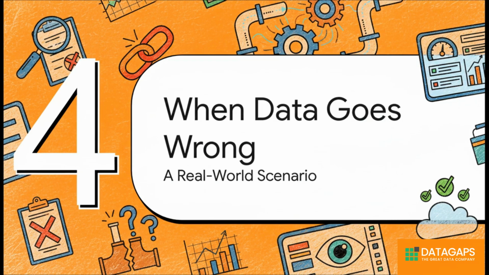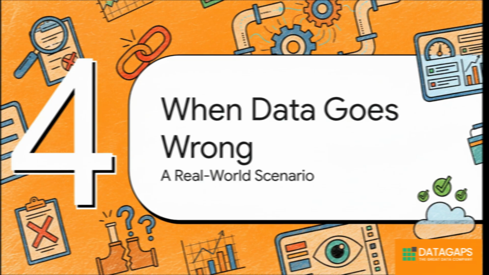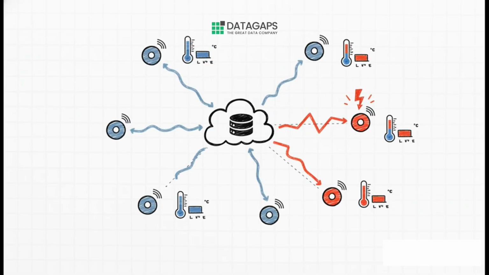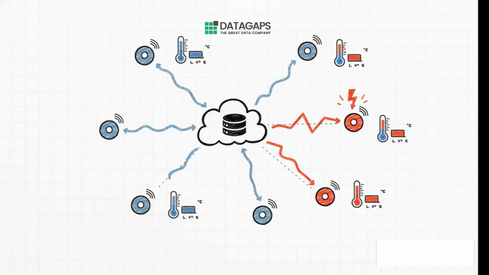All right, theory is great, but let's see how this all plays out in the real world. Let's imagine a scenario where a data pipeline actually breaks and things start to go sideways. So picture this. You've got this whole network of sensors sending you super important temperature data. Everything is supposed to be in Celsius, but then, one day, a sensor gets misconfigured, and it starts spitting out all its data in Fahrenheit instead. It's a classic and really frustrating data problem.